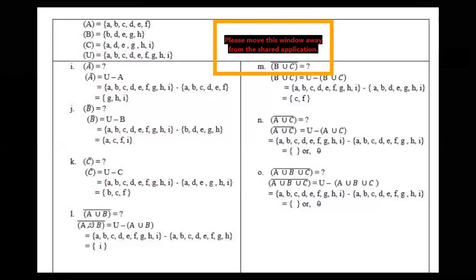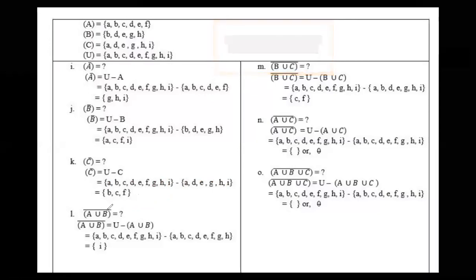So in this way we need to do our answer. Okay, so let us go to the next number, A union B whole complement. You can just listen only, right? I will send you the photo remaining afterwards, and you can copy this one. Now just see the slide and see how we have done it.